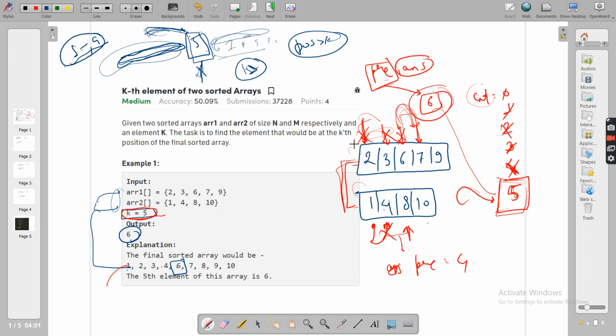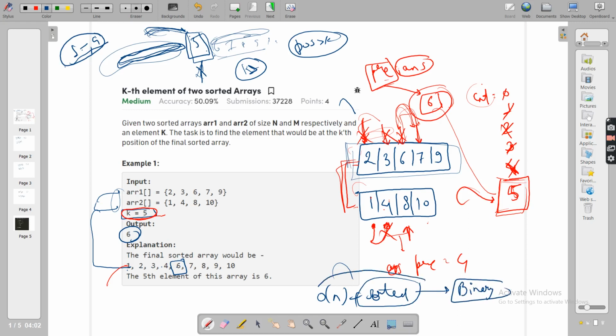Now let's see. First of all, you did a linear traversal, correct? You did an order of n traversal. Your solution was taking order of n time, plus order of n time on searching the sorted space. So you did a linear search on sorted space. So what you have to do right now is binary search. Why? Because if you're doing a linear search on sorted space, binary search is the next way to go to optimize the solution. You can see my previous videos. Even then you can understand why binary search is made on top of this observation.